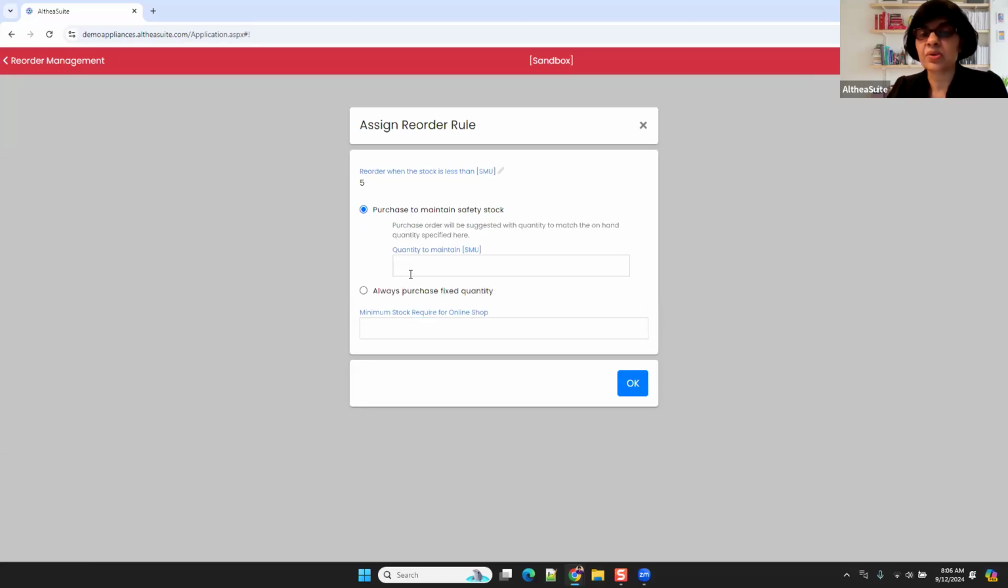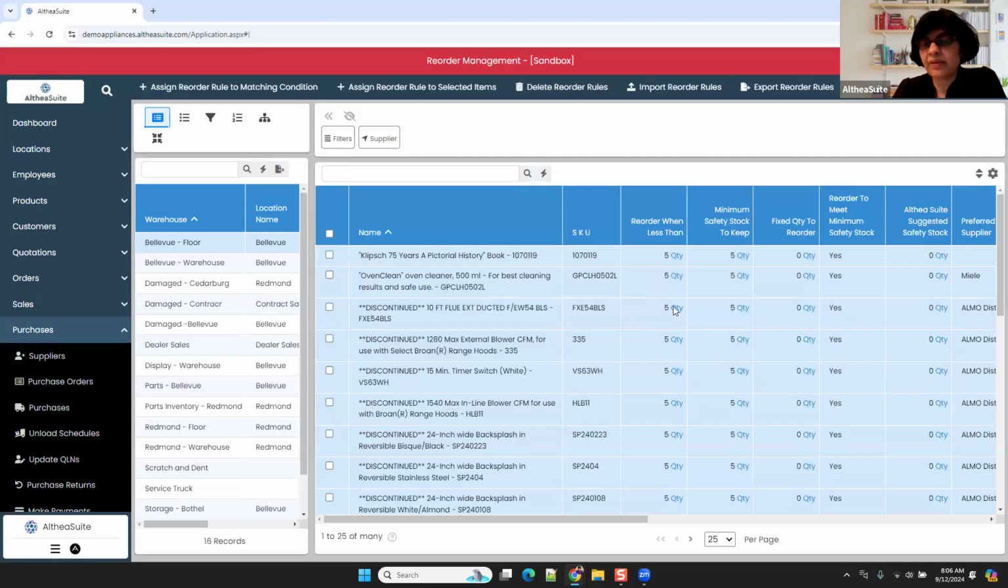So I'm going to say purchase to maintain safety stock and make my stock 5. So that's the reorder rule I have applied to all my products in Bellevue Floor Warehouse. So once that is done,